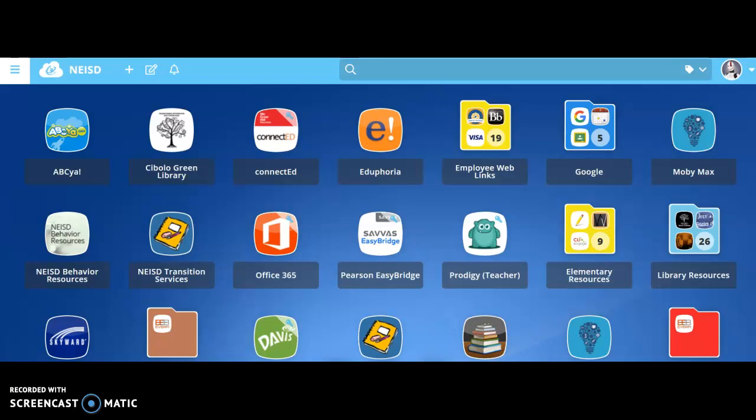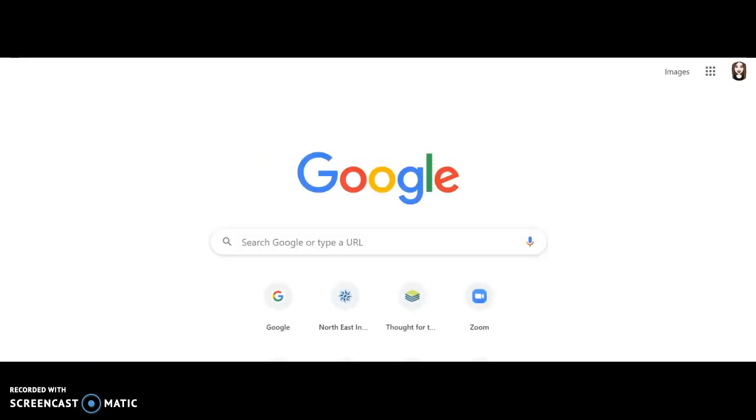Hello, fourth grade. So I'm going to show you a tutorial of how you can access the Think Central program on your Launchpad. Now notice this is my own Launchpad. This is the teacher view of a Launchpad. So let's go ahead and start by going to